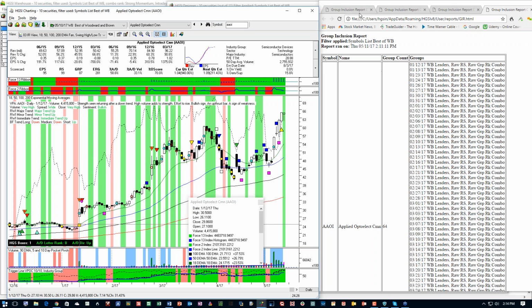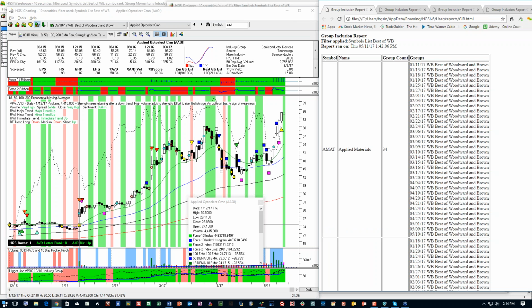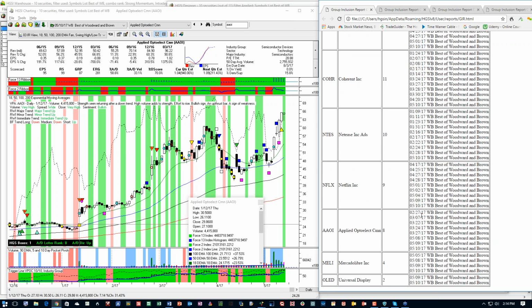Let's go back here. I want to look at something here. This was on the 12th. AAOI did not appear in the best of Woodward and Brown until the 27th. So this is why you need to look at various methods or various smart groups if you want to find